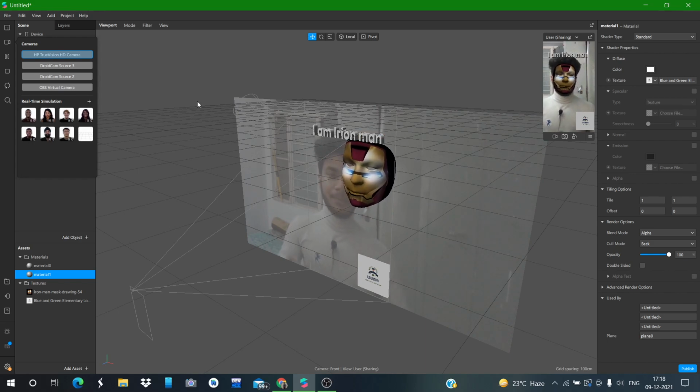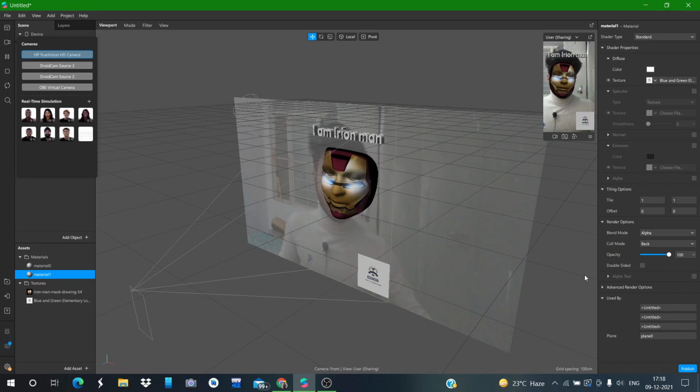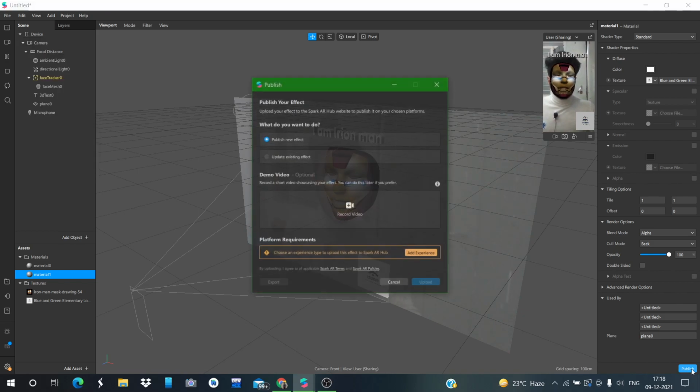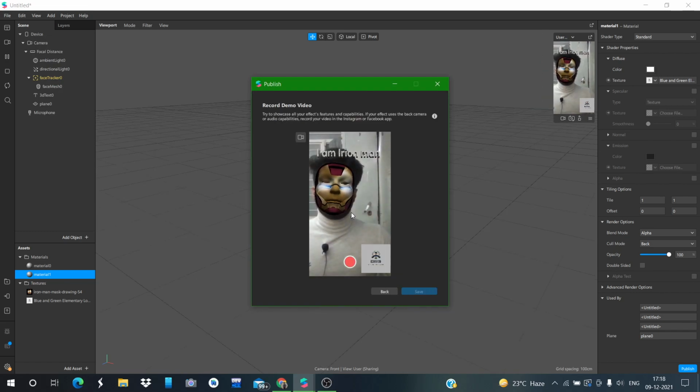Fine. Amazing. Cool. Okay, and at the bottom corner, you can see a publish button. Just click on publish, and over here you have to record a video, and I will record a video. You can see the effect is pretty much cool, right?